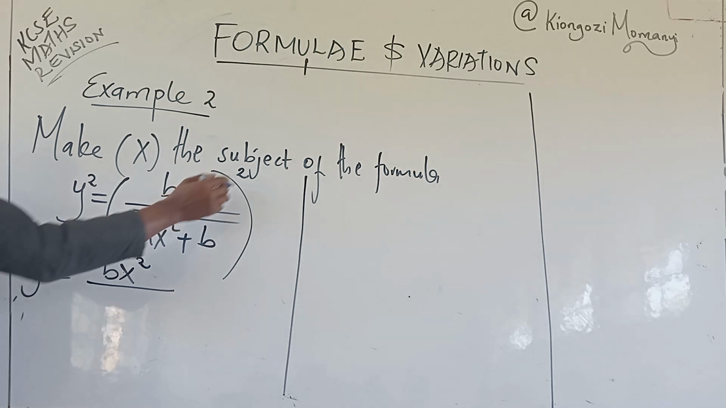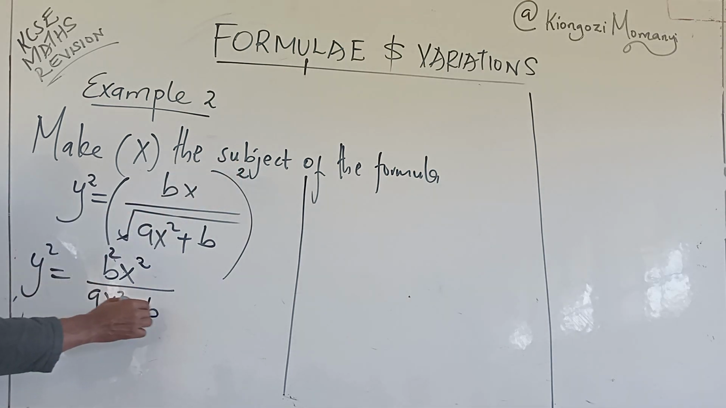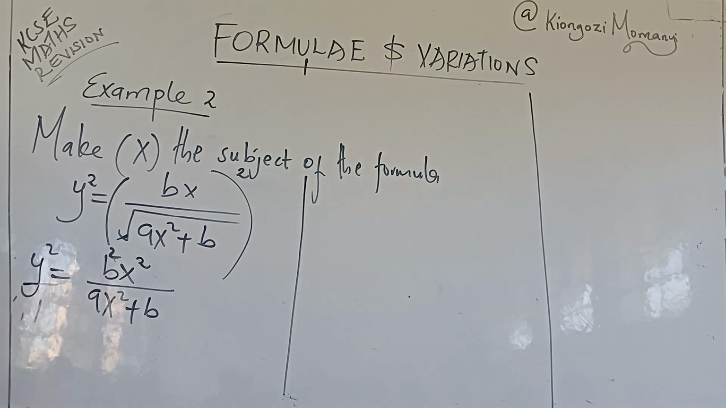Now the square root cancels with the square. So we have ax squared plus b. That is the first step and it has a mark. The next step is cross